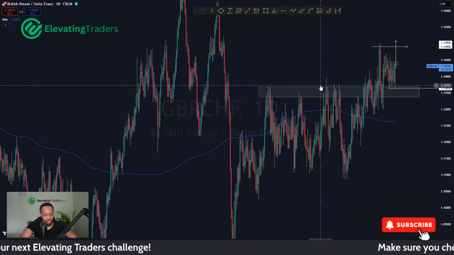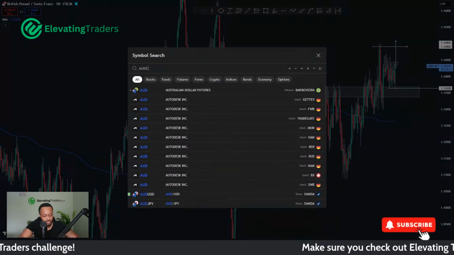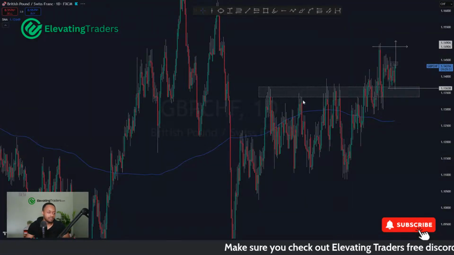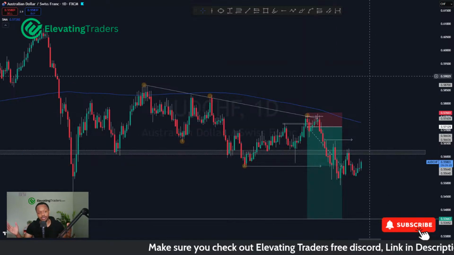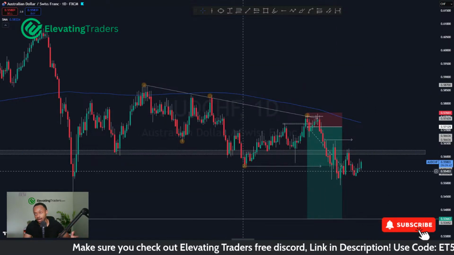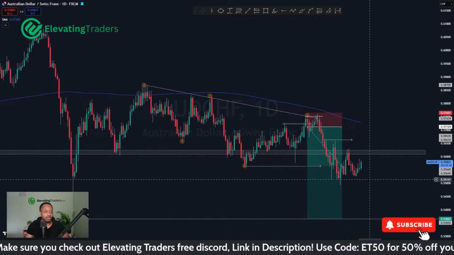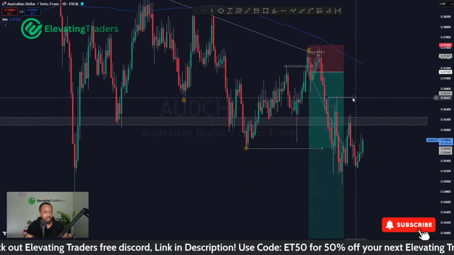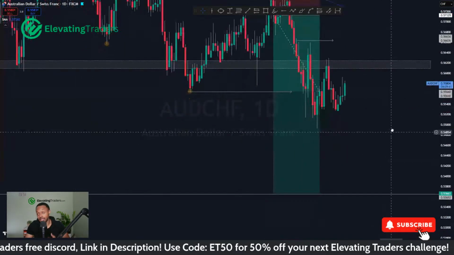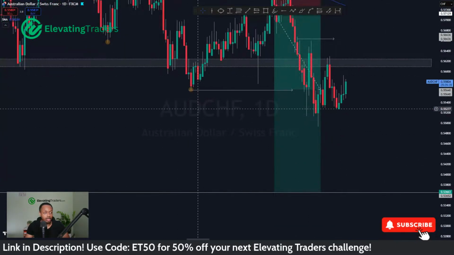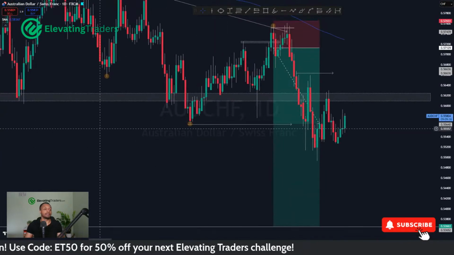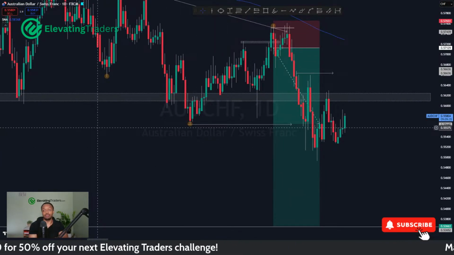So yeah, that's pushed to the upside. Oz CHF, I'm still holding that position from a few weeks back now. Again, I'm just gonna let price do its thing. If it gets to my overall target, whoop-de-doo. If it does push against me, I do have a trailing stop loss above the highs there. As I've said, I've already taken most of my profit at the low there, around 80%. So I'm not really too bothered about the remaining positions.